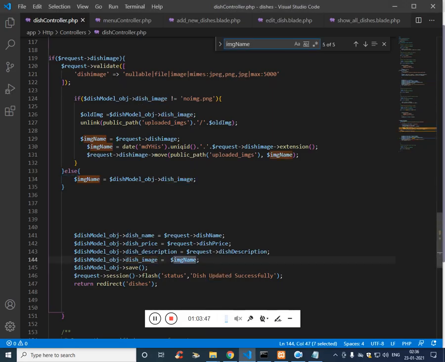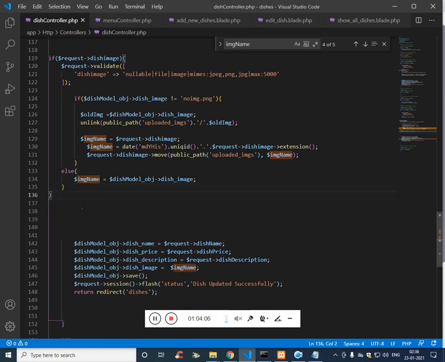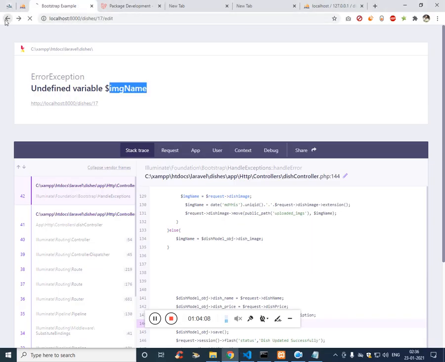Here the image name is undefined, it says. There is a mistake with the if else.